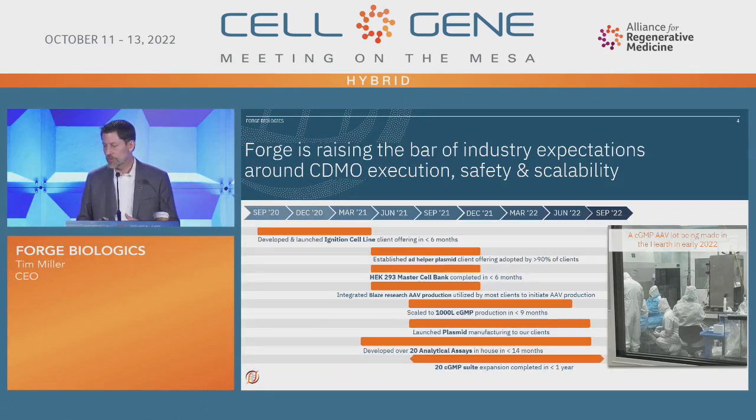So we completed our master cell banking, just like a lot of check-the-boxes type of things, but we're also currently running at 1,000-liter scale. So we have run 1,000-liter GMPs using an HEK 293 cell line. So for those of you that need a lot more AAV in particular, you can come and talk to us